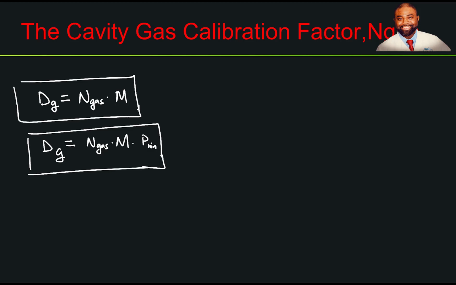But keep in mind that there is an intrinsic relationship that exists between N gas and NX. And N gas is related to NX by A wall, beta wall, A ion, K,